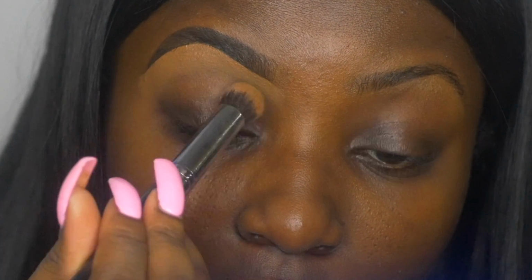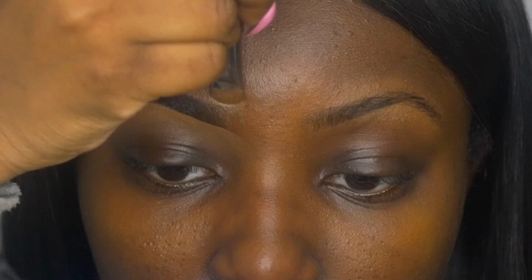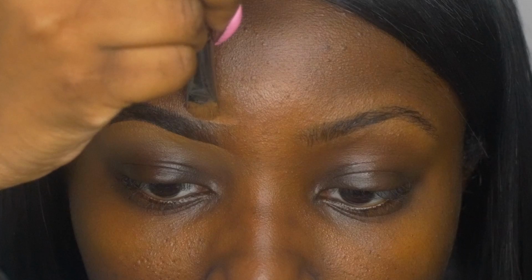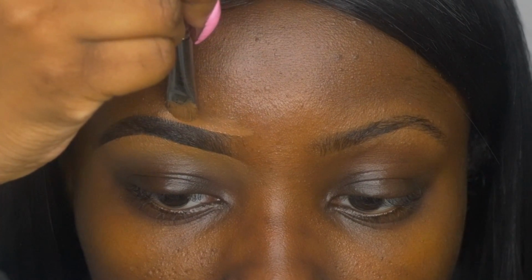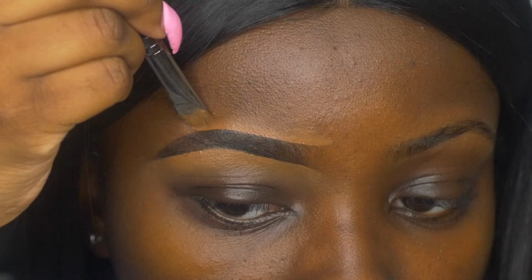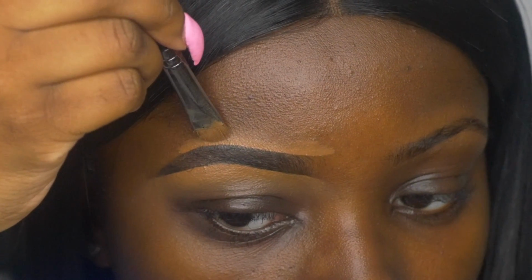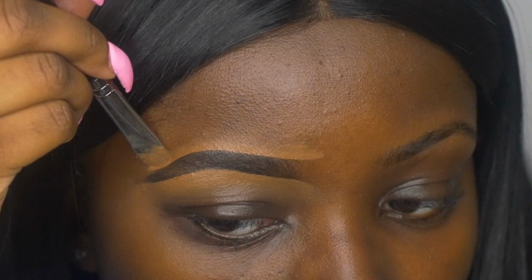And now I'll be taking my Morphe M173 brush, and I'm going to buff out that concealer just so that there is no line of demarcation. And then I'll start at the top and start carving out my eyebrows. And again, just take your time. Sometimes I sit down there and do hair-like strokes,